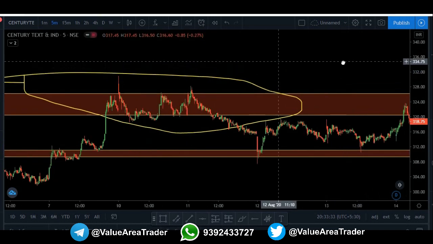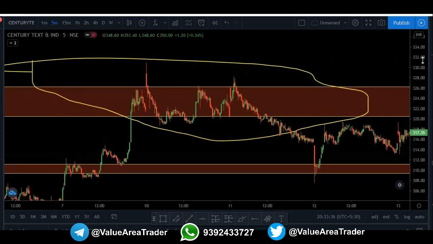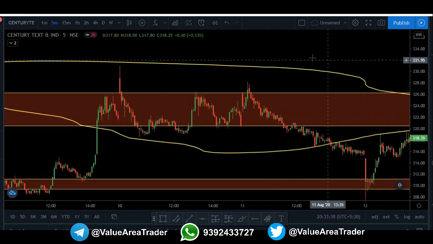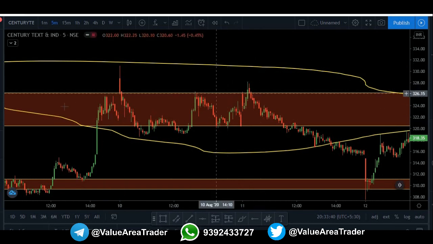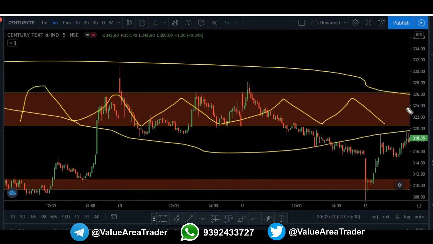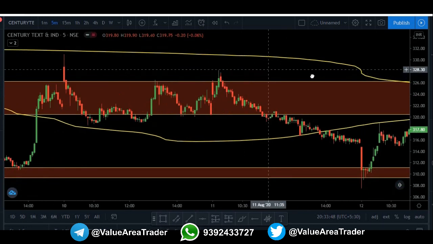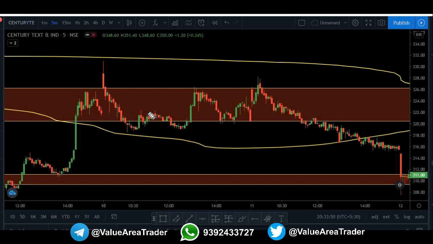So what I'll try to find, I'll try for reasons to sell. I won't try to buy this particular trade because this is a big supply zone. So I will only try to sell whenever an opportunity arises. Okay. So probably what I will do is, let's say this is a particular congestion zone, or let's say consolidation. So whenever the 5-minute candle breaks from here, I'll take a trade for a 1% move. Okay, then again these kind of moves, and the price is steadily going down.